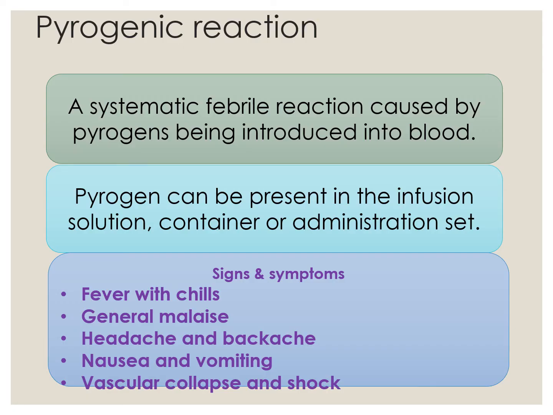The fifth systemic complication we'll discuss is pyrogenic reaction. So what do we mean by pyrogenic reaction? What is a pyrogen? It is a systemic febrile reaction caused by a pyrogen being introduced into the blood. How are we introducing the pyrogen? Pyrogen can be present in the infusion solution or container or the administration set. So before